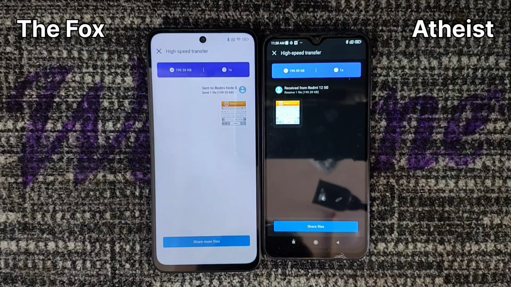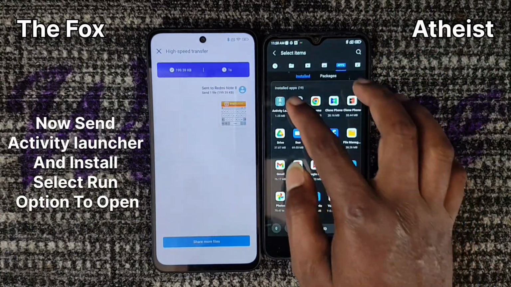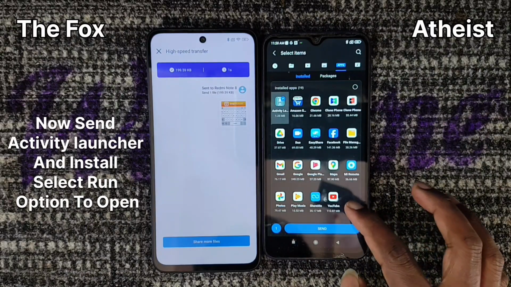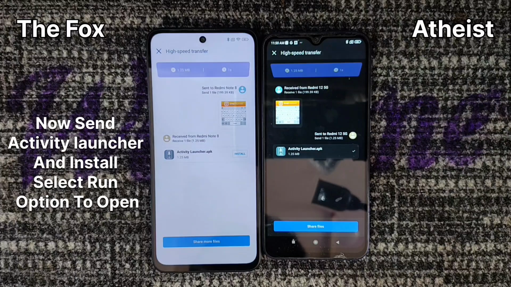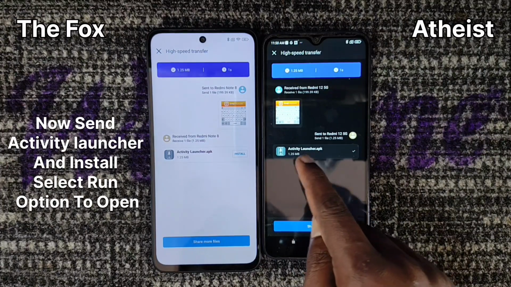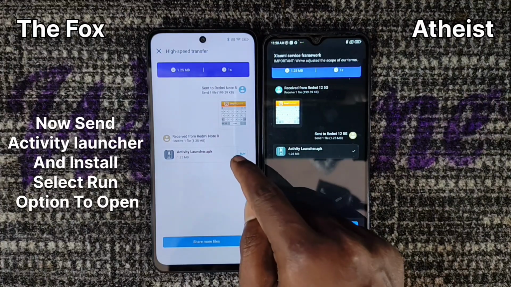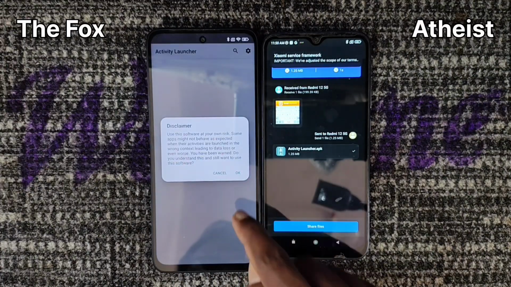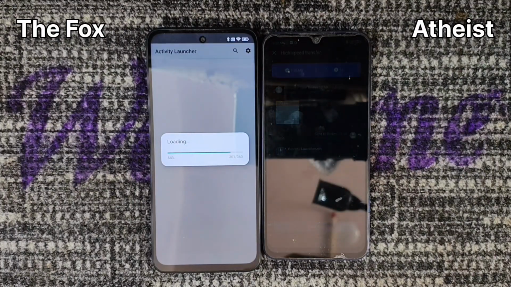Now select send files in old phone and click on apps and select activity launcher and send activity launcher only. Now activity launcher is coming and coming to the new phone. Click install. After installation, click on run button. Click OK button. Now loading all apps